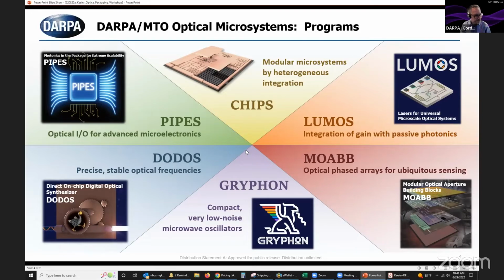The PIPES program is one of our big investments in essentially co-packaged optics. I could talk your ear off about this, but we're seeing a lot of the same challenges here, looking at 2.5D and 3D electronic photonic packaging, fiber attach, high quality laser development, comb lasers. The CHIPS program is a 2.5 and 3D integration program helping to drive chiplets, which may be digital, maybe RF, maybe